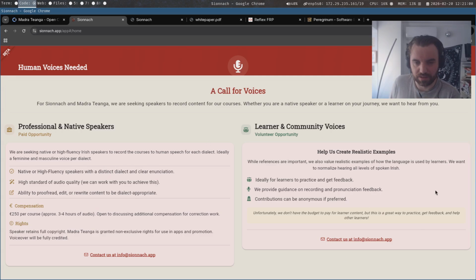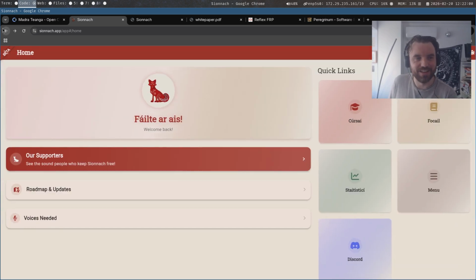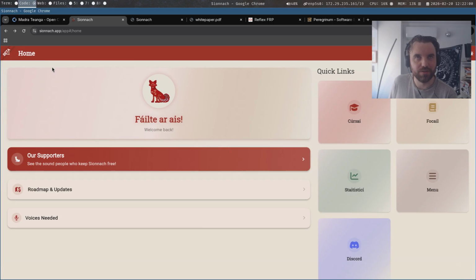I'll also contribute my audio. Not that anybody asked for it, but I think ideally getting loads of audio is better than getting just one perfect audio. I don't think we will get one perfect audio. I think we can do better, but having a lot of audio is much better. It's much more realistic. You know, if you can hear more, you can kind of learn to understand it.